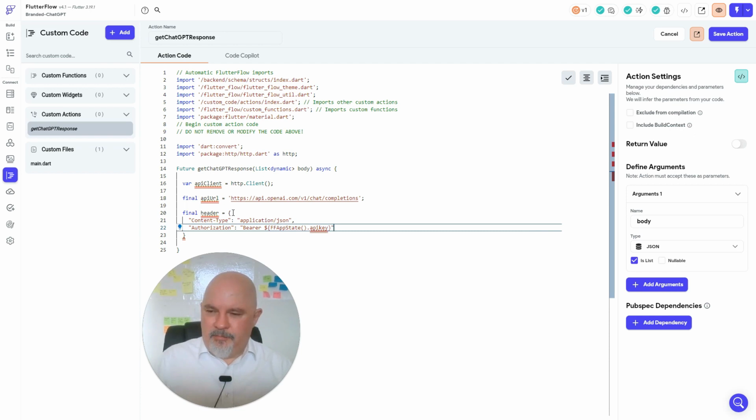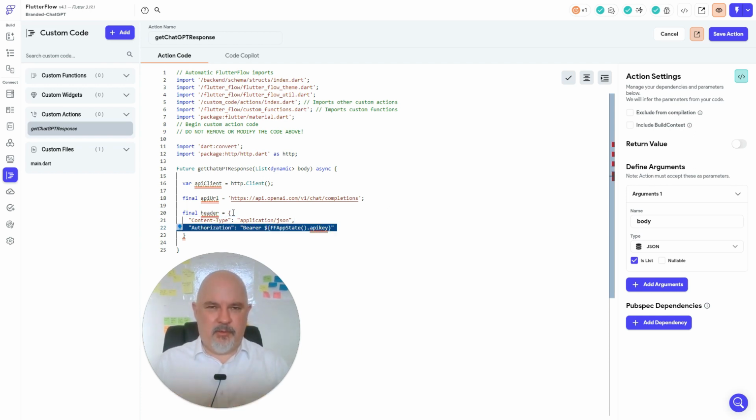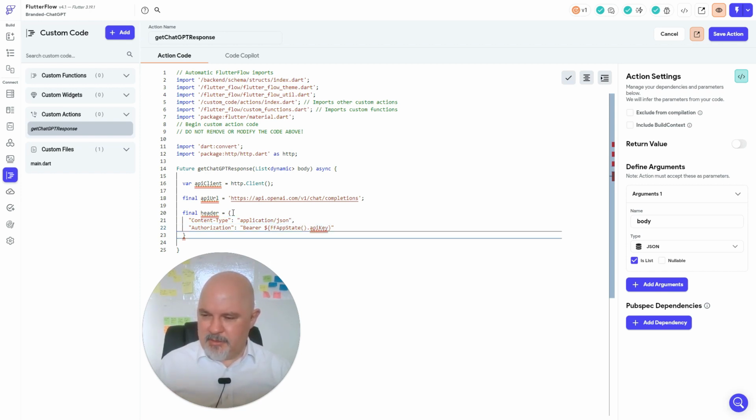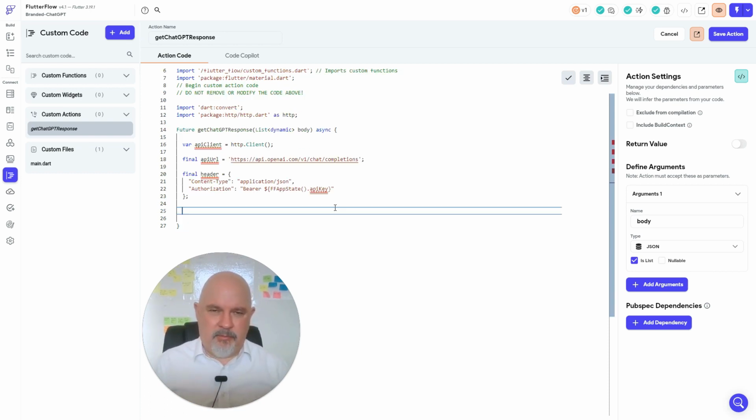So here, we're telling it this is the authorization key, so please use this, ChatGPT API. And this bit of code here is our variable that we set up as application state just now. So it's saying, here's your key, please use this. These are type sensitive, so make sure you get that right. Close this off. So we've given it a header to tell it what the information we're going to pass it